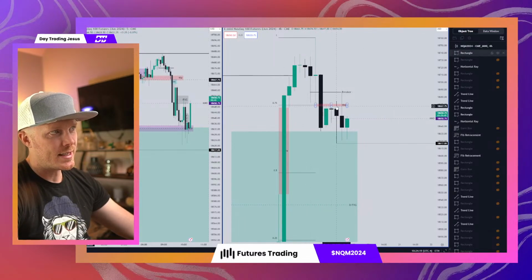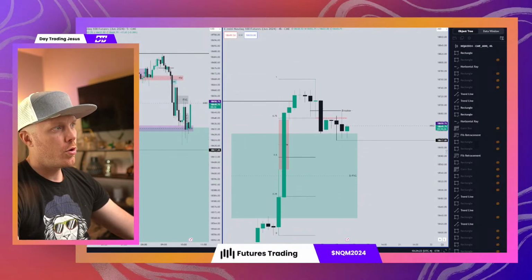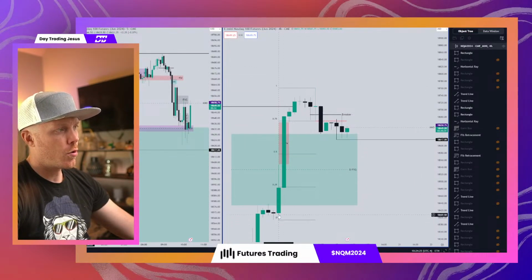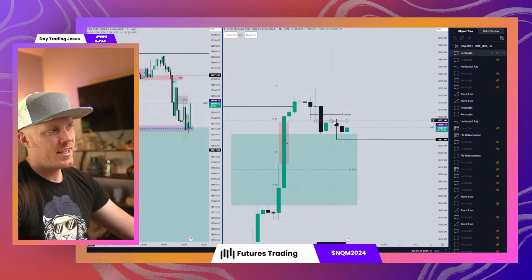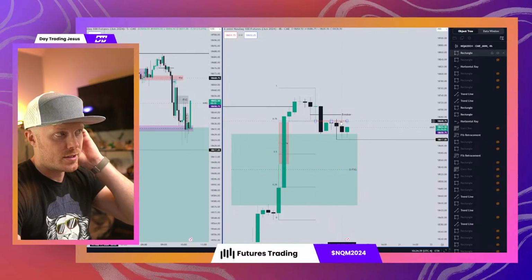We like to see confluences in price. So when we pull this Fibonacci tool and we do the quarters, where are the quarters at? This is overlapping with this fair value gap. That's significant in my book. That means, hey, this is something I want to pay attention to. So we could see a level of resistance here